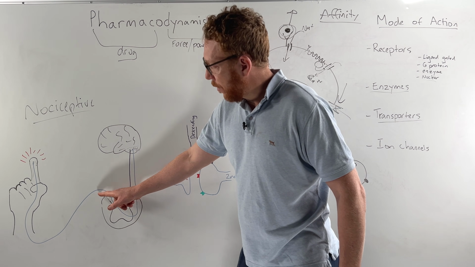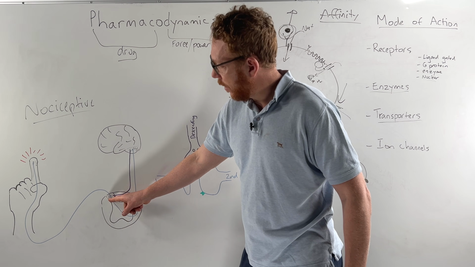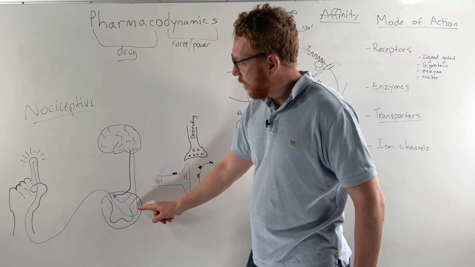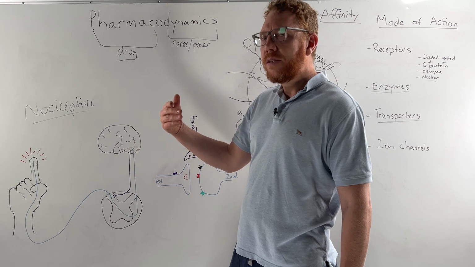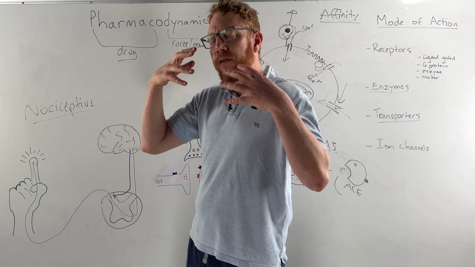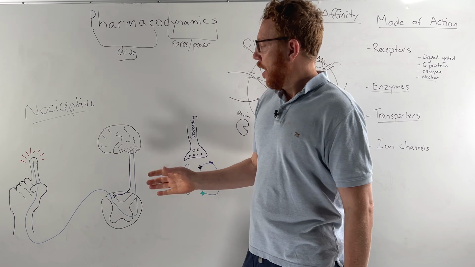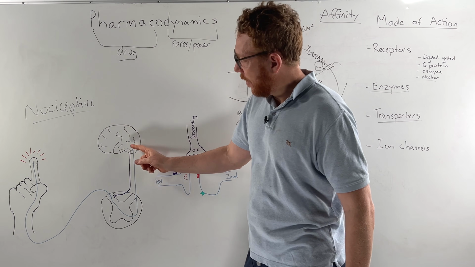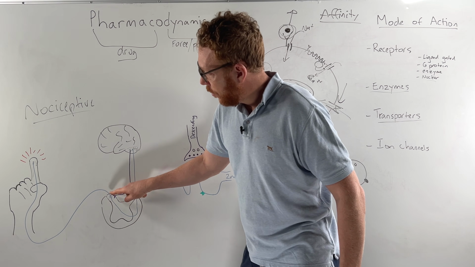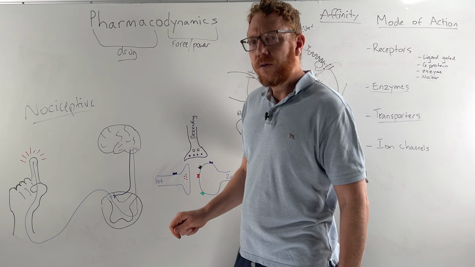Here the first order neuron communicates with the second order neuron, which then crosses to the other side of the spinal cord and is sent up to the brain. Step 3 is perception, so the brain makes sense of the noxious stimulus and feels the pain. What the brain can then do is modulate. This is step 4, sending a descending signal down to this synapse area in the spinal cord,